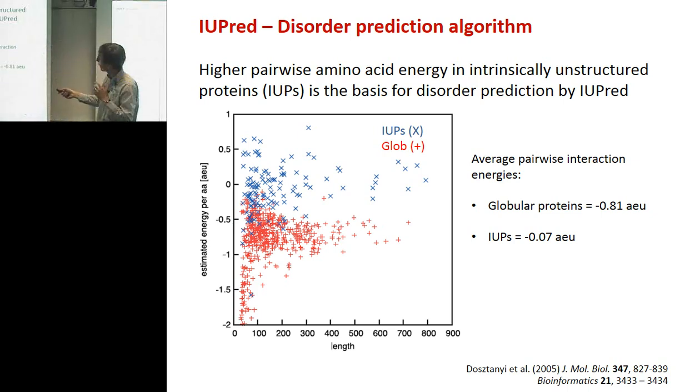One was the IUPred group, because they have it as open access, and this is a disorder prediction algorithm that actually, what it does is a comparison between globular proteins and those, and it has an index for calculating the energy of globular proteins, and it's an average pairwise interaction of the energies. And then when you deviate from being a globular protein, effectively they consider you a disorder protein.